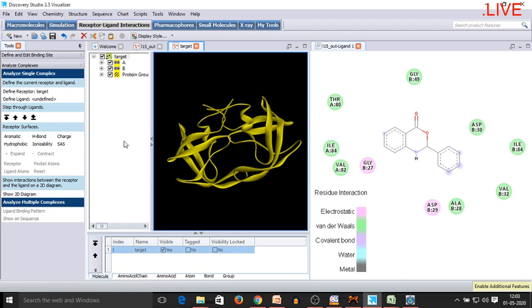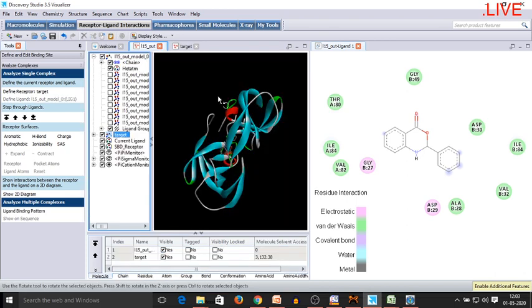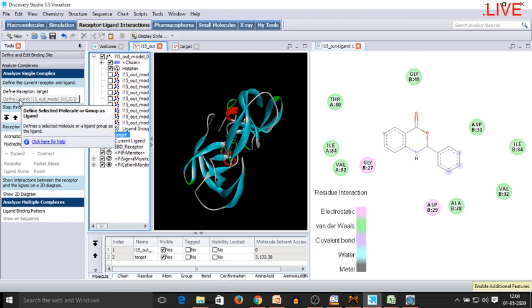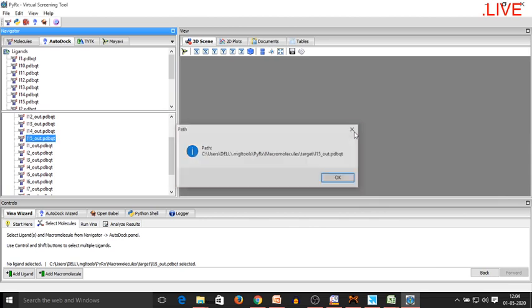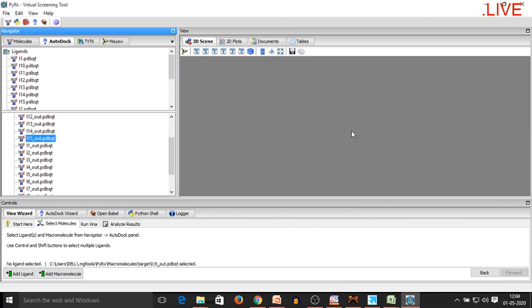We copied the target, we pasted it in the ligand section, and we defined the receptor and the ligands in the receptor ligand interaction section, and finally we went to the show 2D diagram section. So this is how the complete interaction study and virtual screening study was carried out.